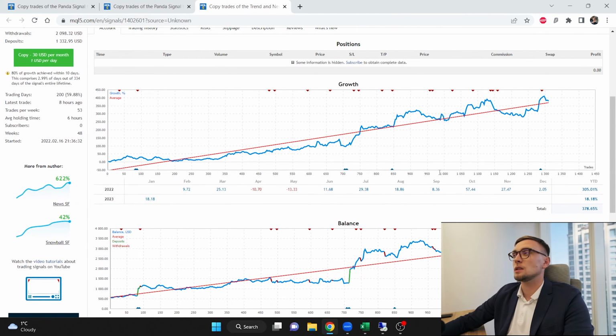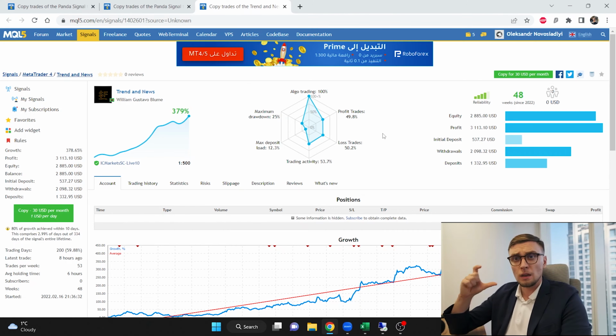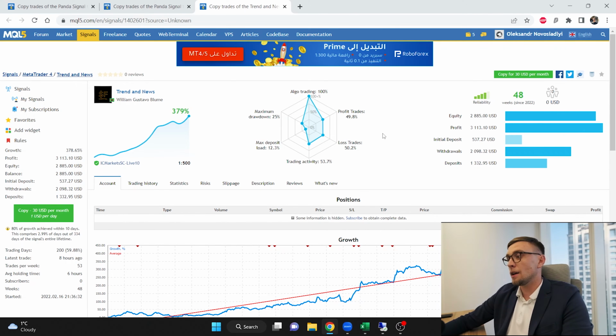His profit was very nice. Some months he was closing with a good profit. Also, he's using algo trading. Maximum drawdown only 25%. Profitable trades 50%, but everything depends on the ratio between the stop loss and the take profit. Even if from 10 deals 9 will be in plus and 1 will be in minus, the accuracy will be 90%. But if that one deal is 10 times bigger, then it will cover all your profit and you will be in minus because of the spread. So what's the point of using that type of strategy with an accuracy of 90%?